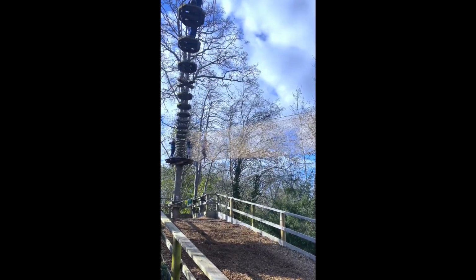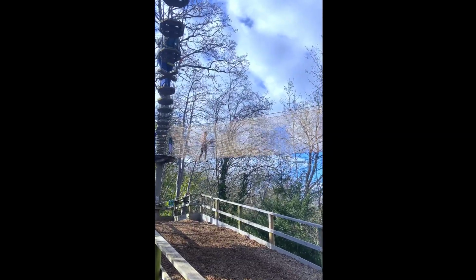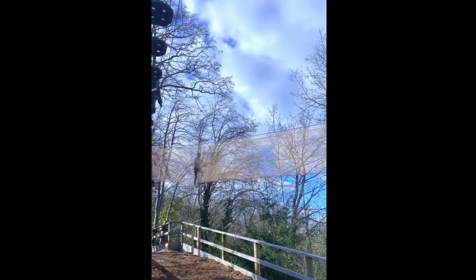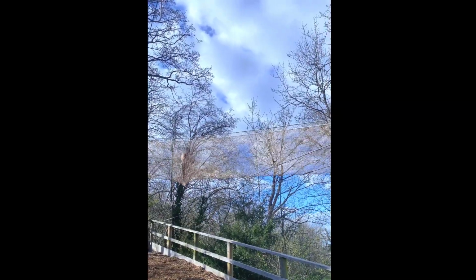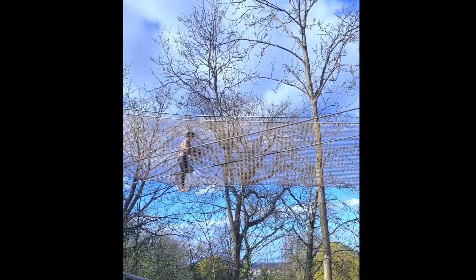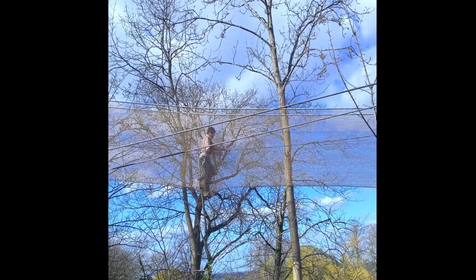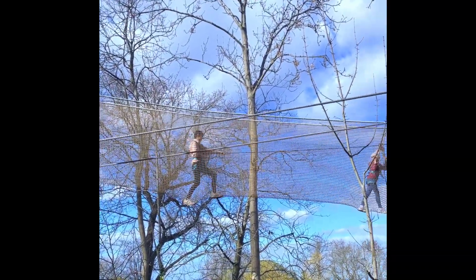I must say this part was the easiest, because it's just nets and it's like someone's catching you. But I also must say that it was steep to walk on, because it's so tight and steep and stuff like that. So yeah. What's funny, guys, is that I really needed to wait a really long time to go on